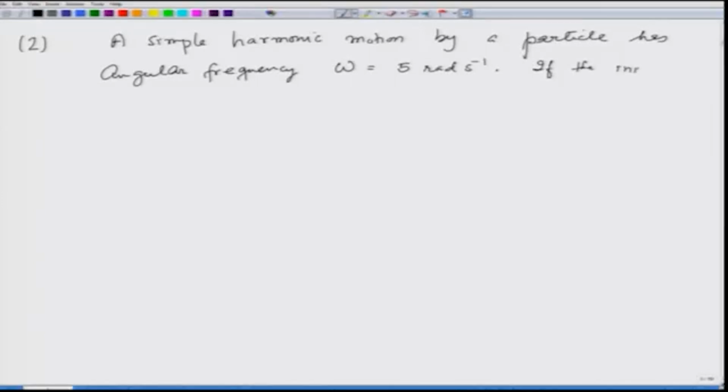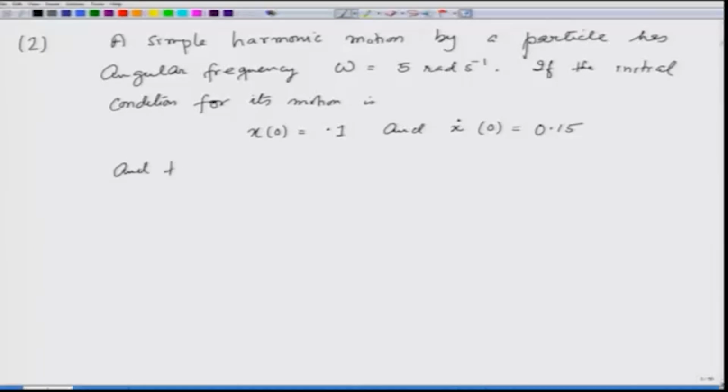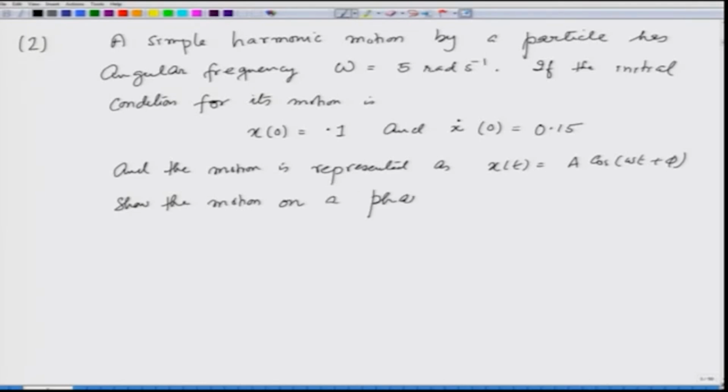If the initial condition for its motion is x at 0 is equal to 0.1 and x dot at 0 is equal to 0.15, and the motion is represented as x(t) equals A cosine of omega t plus phi, show the motion on a phasor diagram. So, if I look at the phasor picture,